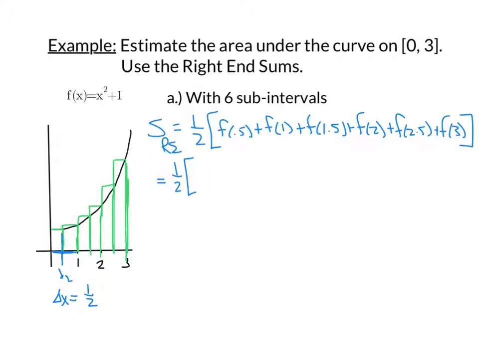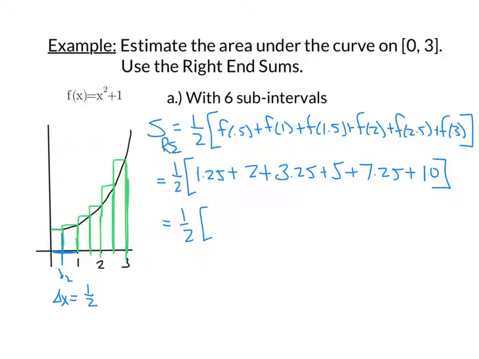Like f of 0.5 is going to be at 1.25. F at 1 is still 2, but f at 1.5 is now 3.25. F at 2 is 5. F of 2.5 is 7.25. And we finish up with 3 squared plus 1, again being at 10. A little bit more calculating left to do. Adding up everything inside, I get 28.75. And then divide by 2 to get